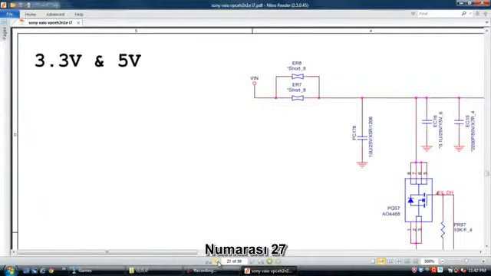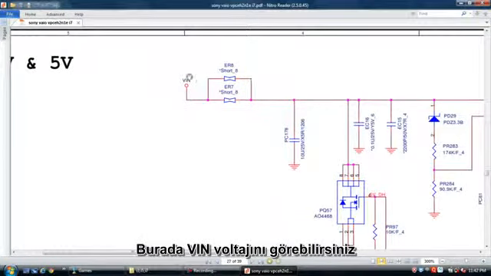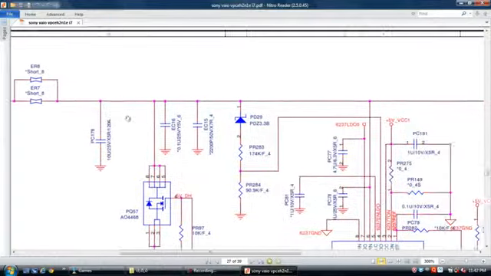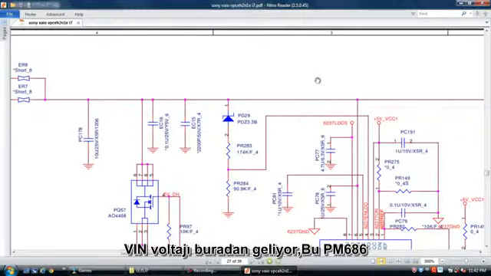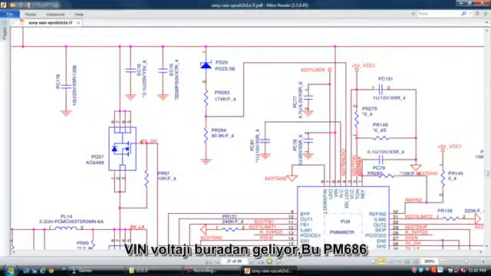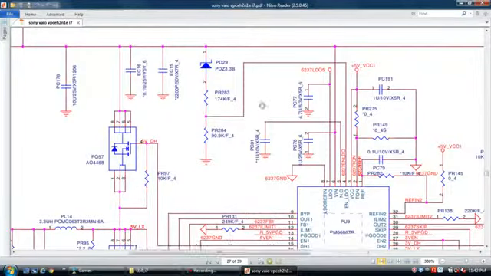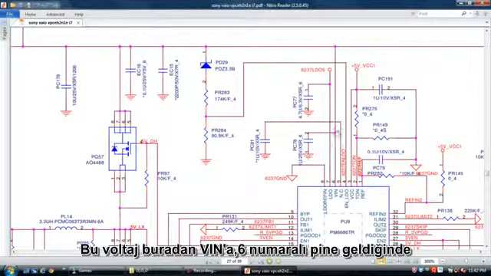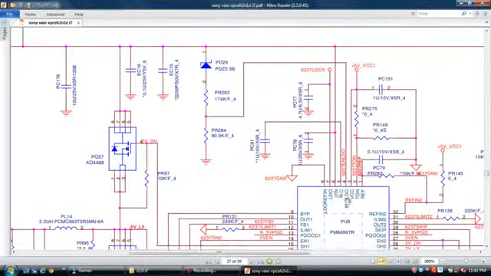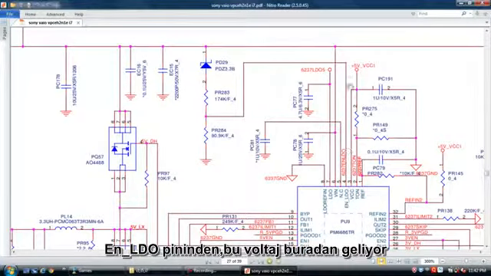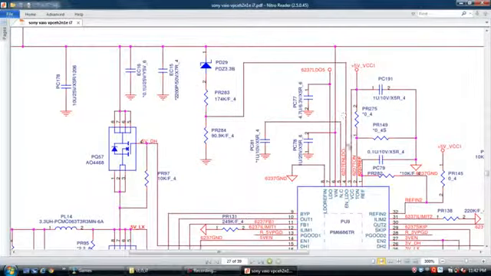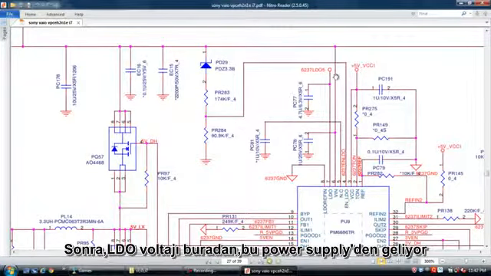Page number 27. See here, V in voltage comes to the PM6686. When this voltage comes to V in pin number 6 and enables the LDO, after the LDO the voltage comes out from this place. This is the 5 volt supply.